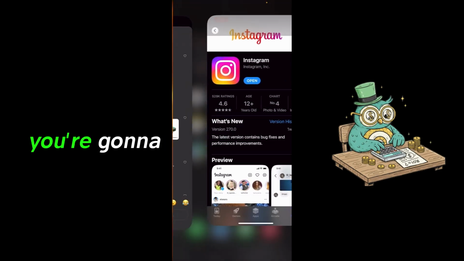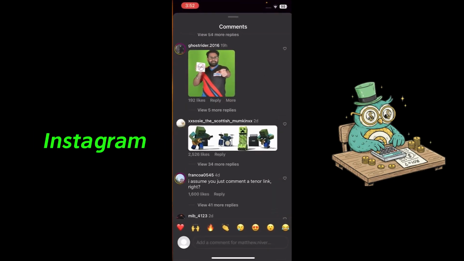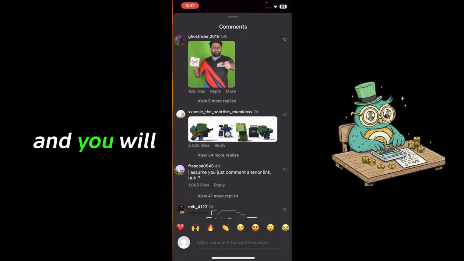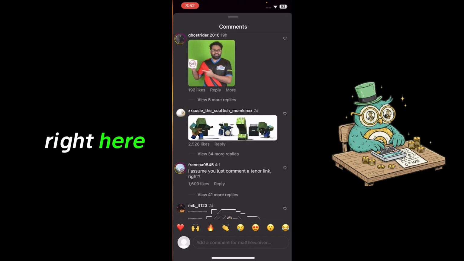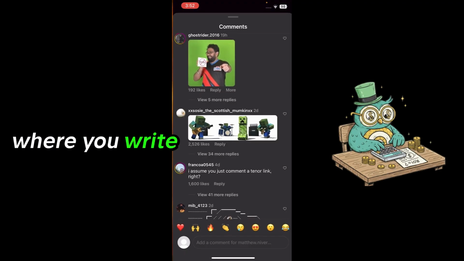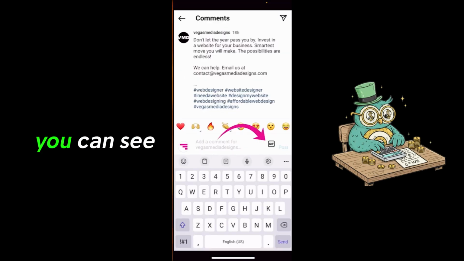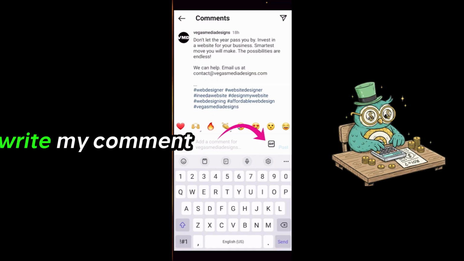Once it's done, you're going to get back to your Instagram. So actually sending a GIF is really easy, and you will get the option right here with your comment. Where you write your comment, you will get a GIF option. Just like this. You can see now I have a GIF option here where I will write my comment, but